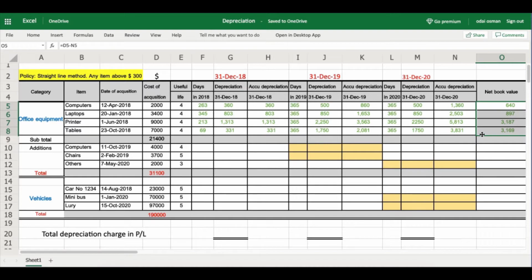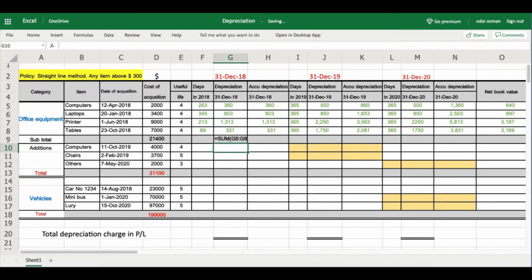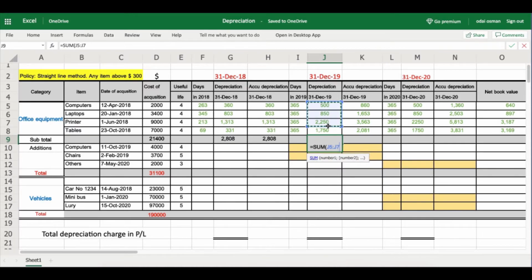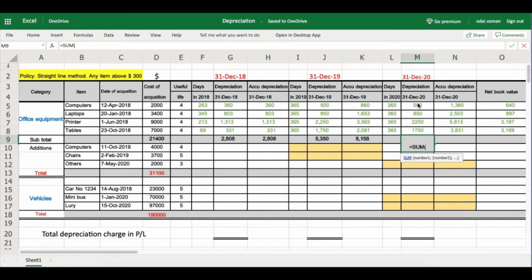These are the, let's total this out, equal to depreciation sum of this amount. We need to show the depreciation as well, accumulated depreciation as well, equal to sum, this amount applied to the accumulated depreciation equal to sum, applied to the